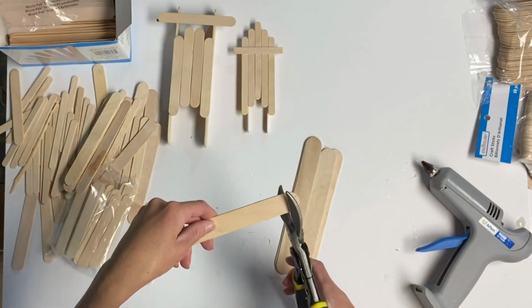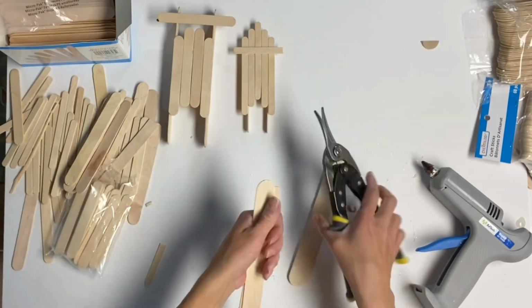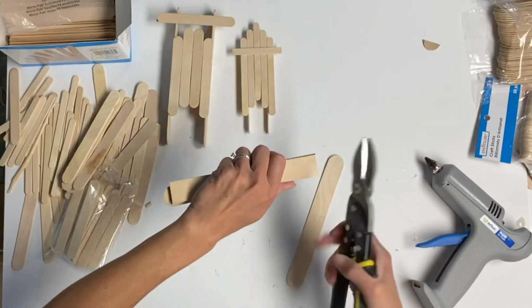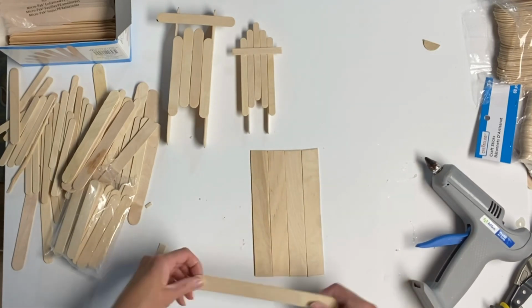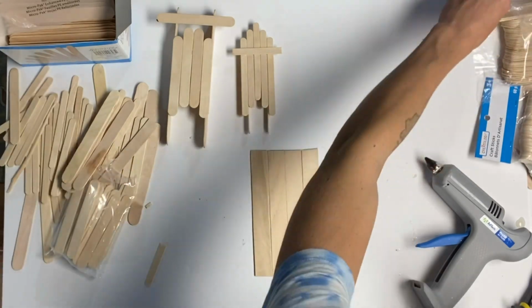Next, I took 6 of the 7 3/4 by 1 inch wide popsicle sticks, and I just cut the round ends off of all 6 popsicle sticks. I made 4 of them about 5.5 inches long, and then I cut the other 2 at about 3.5 inches long. And then I just took my hot glue,